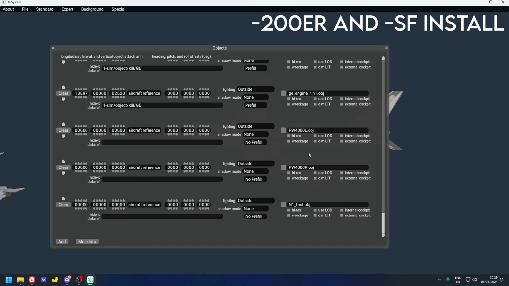Now we need to add the coordinates of where these objects need to be placed. Now for the SF and the 200 ER, so this is for the SF. SF is a shorter freighter, and the 200 ER, these are the coordinates, okay? The coordinates will be different for the 300 ER and the regular freighter, but for now, just a 200. We need to input the coordinates, the same as here actually,